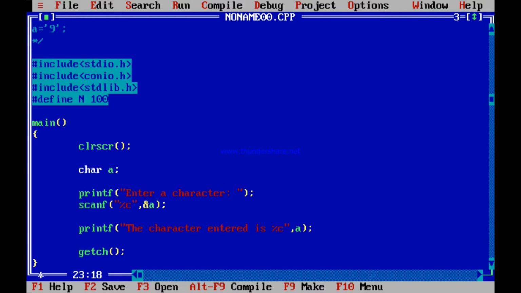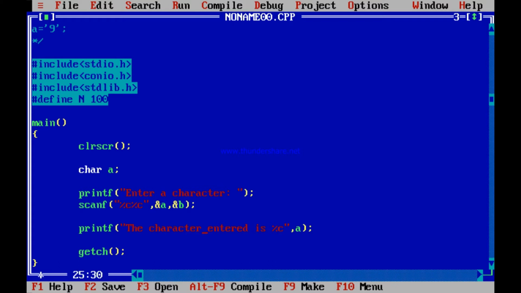Over here, if you want to scan two integers, what do you do? You write %d, you write something like this, %d to scan two integers. Similarly, to scan two characters, I must write scanf %c, then %c, so you can scan two characters, a and b.